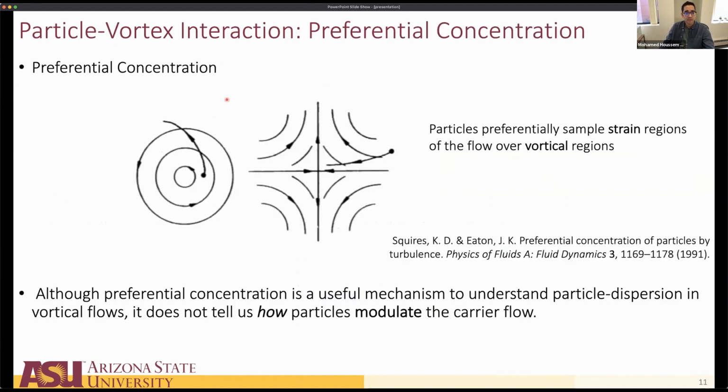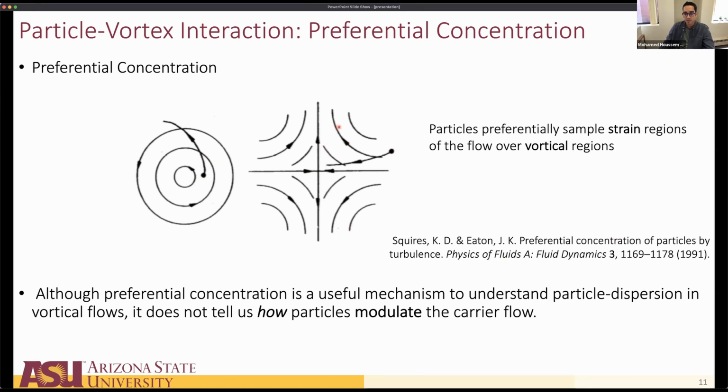All right, so we do know a lot of things actually about particle-vortex interaction, and we have this picture that's usually referred to as preferential concentration. This is from a paper by Squires and Eaton. I think they were the first to coin the term preferential concentration, but people have been talking about this effect earlier than that. Basically the way it goes is that your particles are inertial, so when they're in a vortex region like this, they tend to be expelled outwards. As a result, they tend to accumulate in straining regions. So particles preferentially sample straining regions over vortical regions.